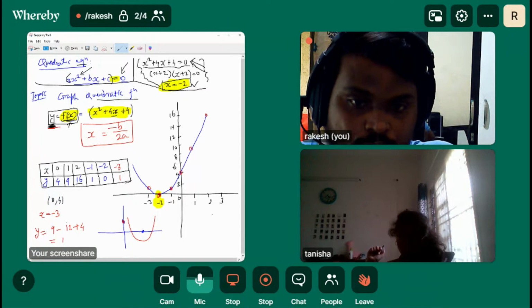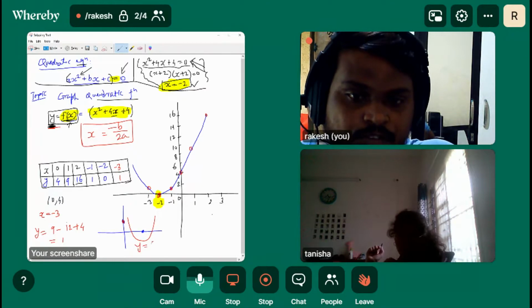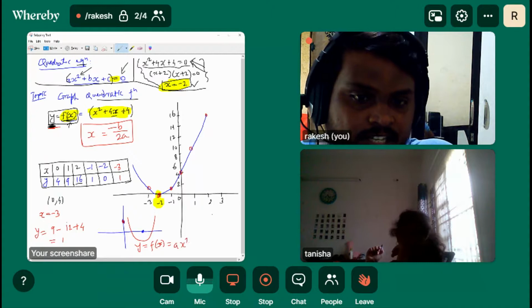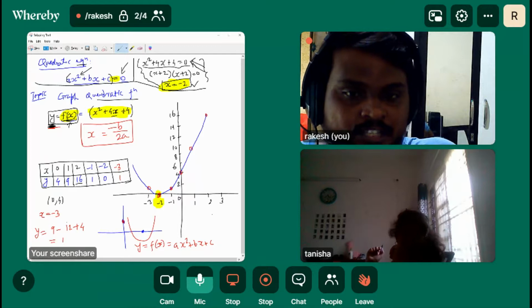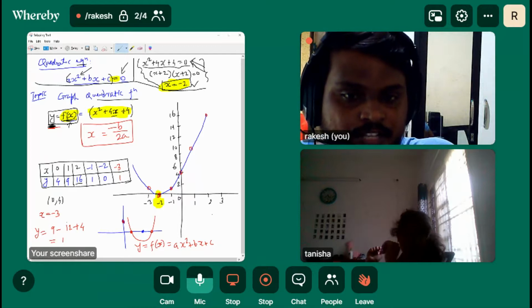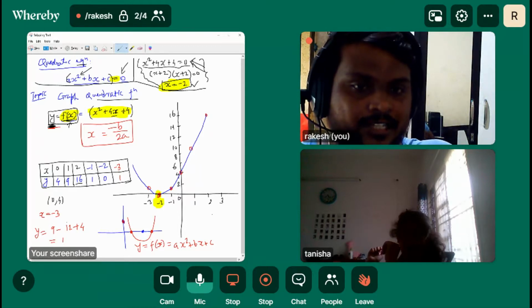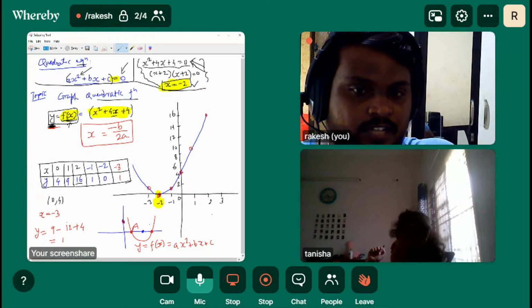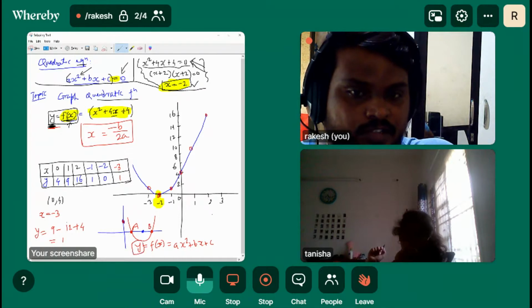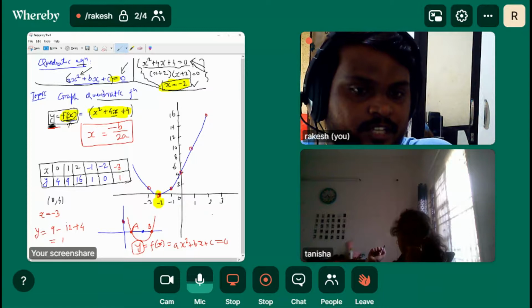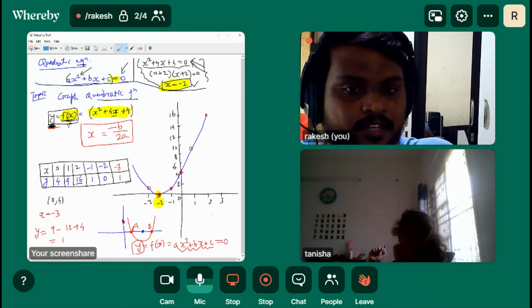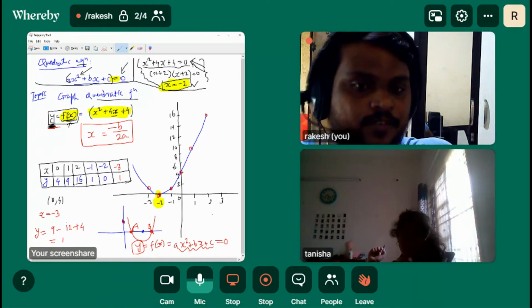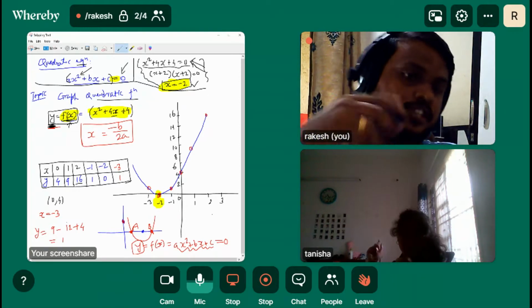Okay, so the quadratic function would be in terms of y is equal to f of x is equal to x square plus bx plus c, isn't it? At these two points the y values are 0, right? Means this is 0, so we can equate that to 0, and that gives us the corresponding x value where the y value is 0. Therefore we call that a solution of this quadratic equation.